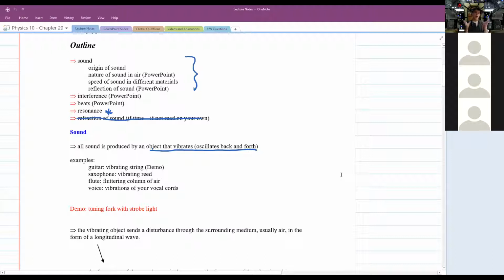Every sound that you could possibly imagine is produced by the same thing, and that's some object which is oscillating back and forth. For example, if I'm talking about music, all music is basically created by some object which is oscillating back and